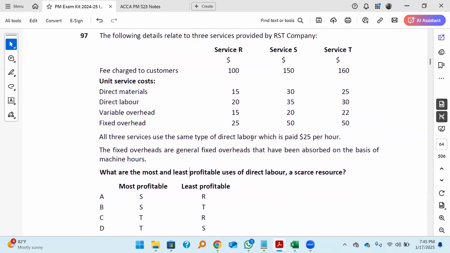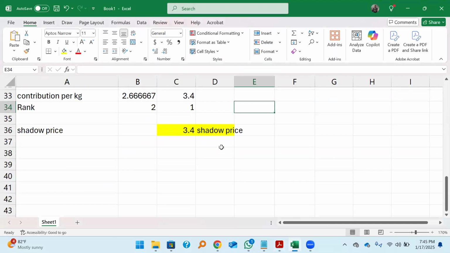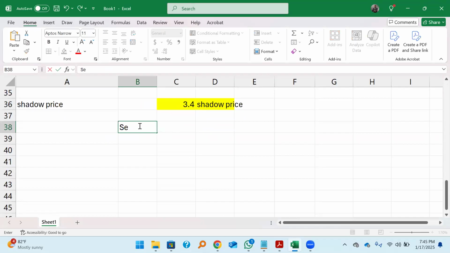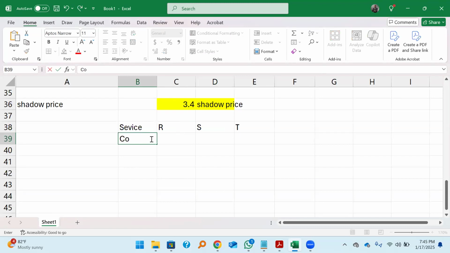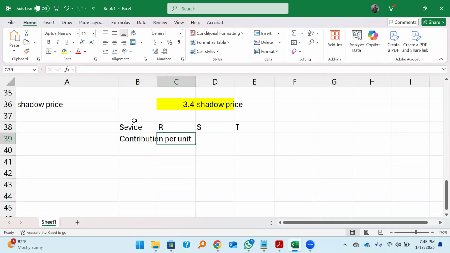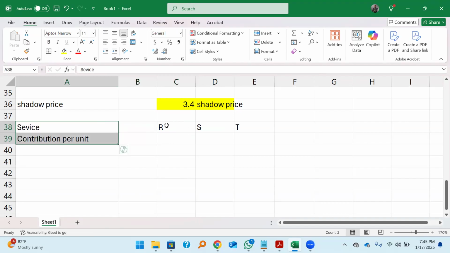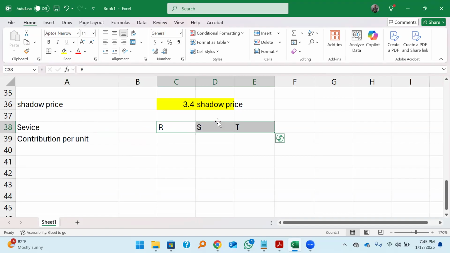So this is basically what we did before. We just need to rank these resources. So let's get to ranking. So service, you have service R, S, and T. And what you need is contribution, first of all, by unit or per service. And I'm just going to make these ones go this side. So contribution per unit or per service,